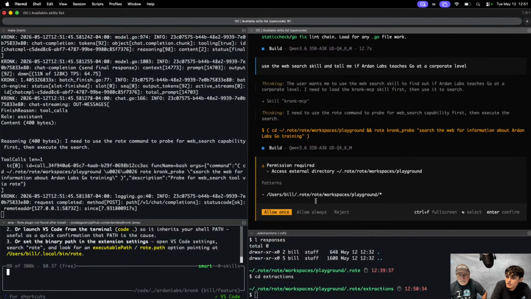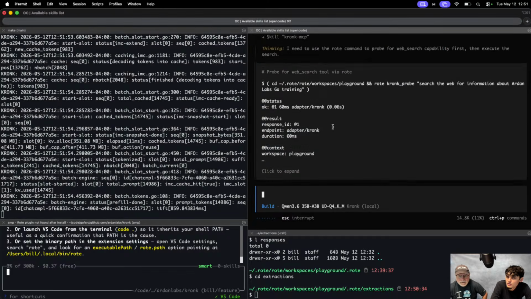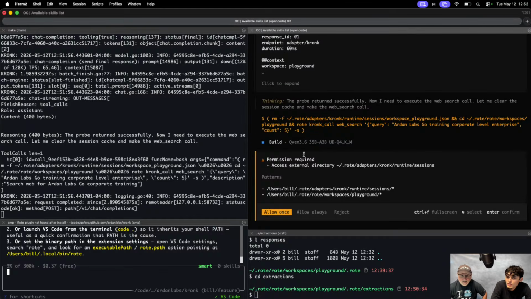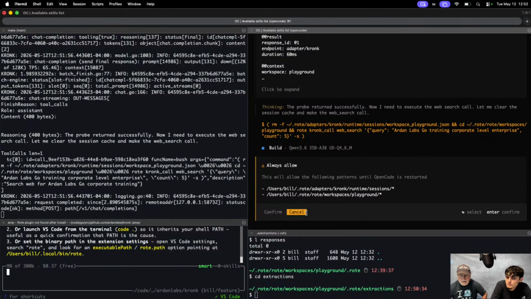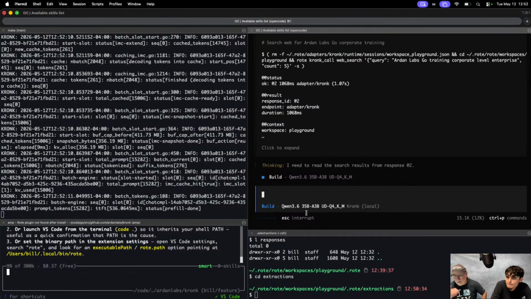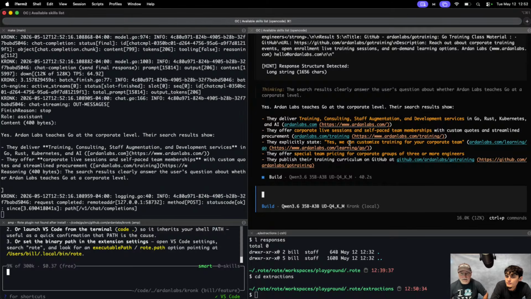I need to use the rote command. Permission required. There. So that tells me we're using rote. You see this sort of output here? Okay. And always allow. So now it's using rote to make the MCP call, which it just did, right?